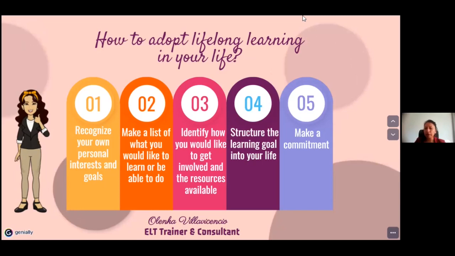And please make a commitment. This is so crucial. Commitment means that something is possible to happen, but your goal, your desire is there. I want to participate in the TESOL convention. I want to be a speaker there. I would like to promote in my country. It's up to you, okay? You are going to define what you like for your life.